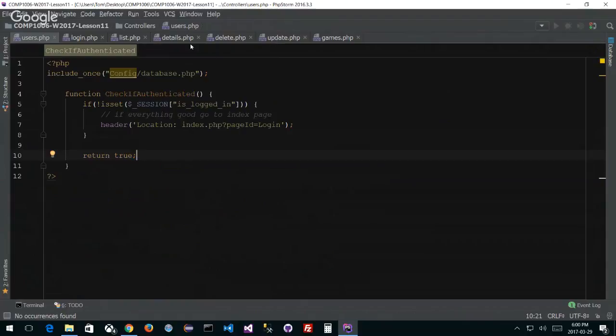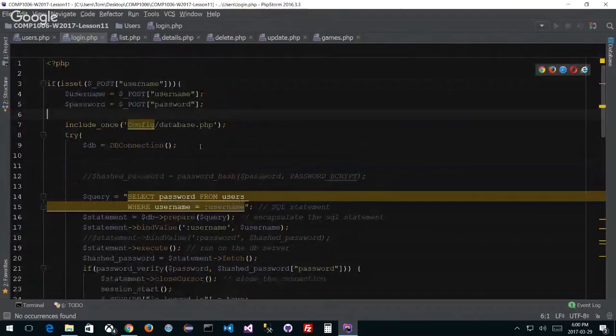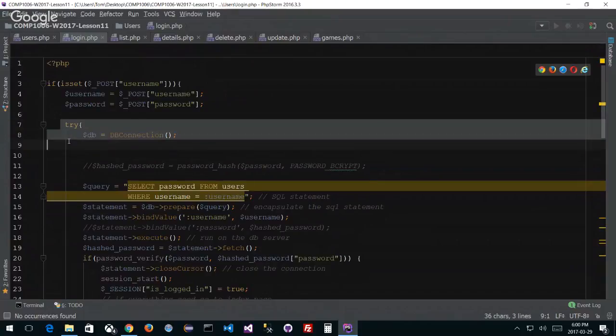Now, going back to our login, what I want to do is now I can get rid of this. Actually, we know we've included it. Again, remember, I have stuff on GitHub. So worst case scenario, we revert, right? And that's why we do our stuff. So on the try, anything underneath the try,